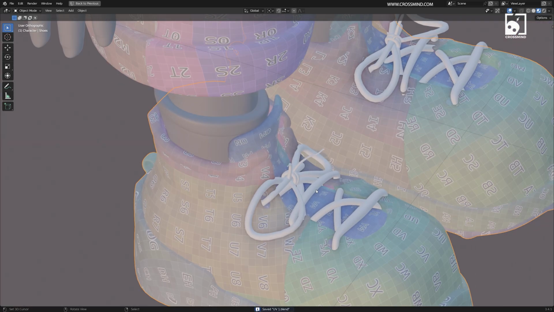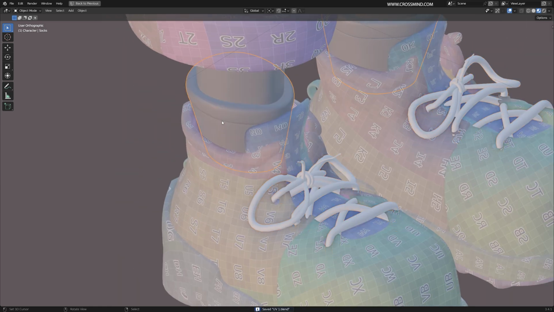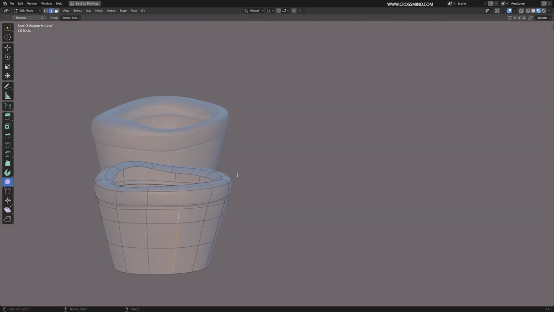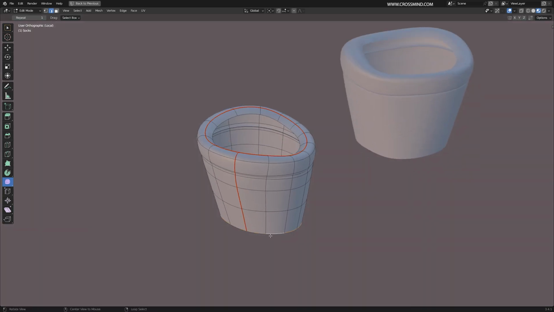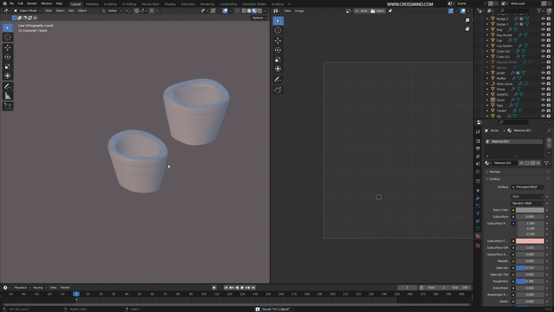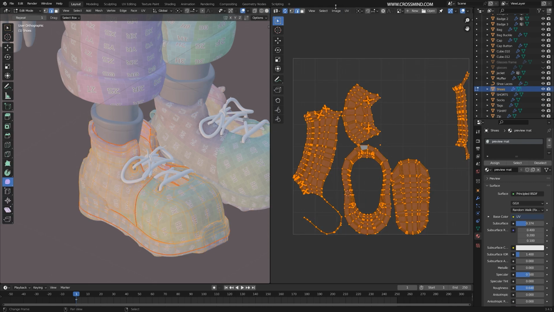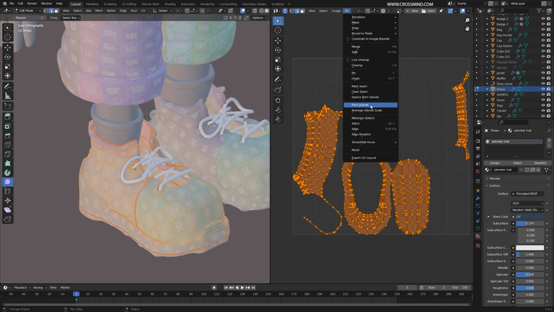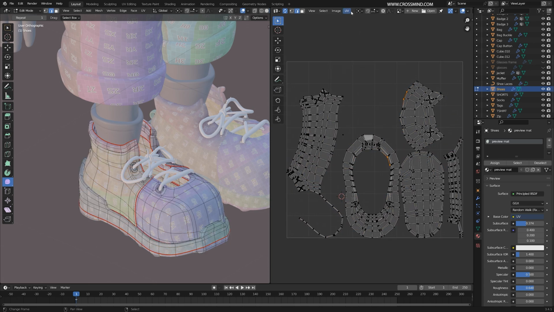These shoelaces are made of curve objects, so usually they have automatic UV coordinates, which should work, but we'll see later if it requires UV. Let's work on the socks for now. Mark seam for socks, mark seam, and there you go, socks is done. The easiest object. Yeah, just make sure to pack islands, all right, so that it utilizes most of the area in the texture.